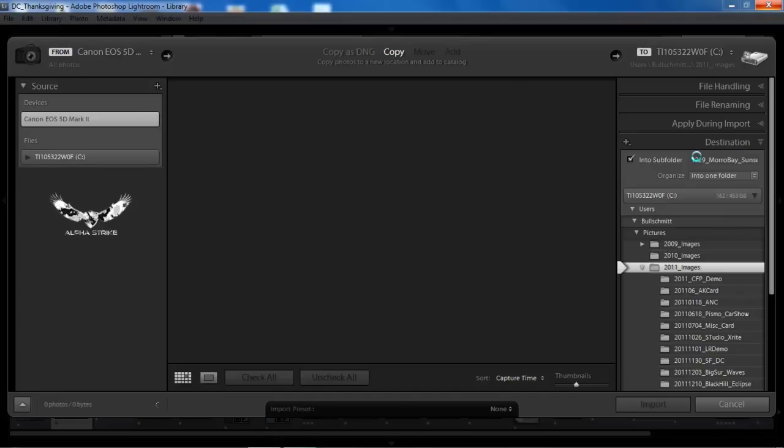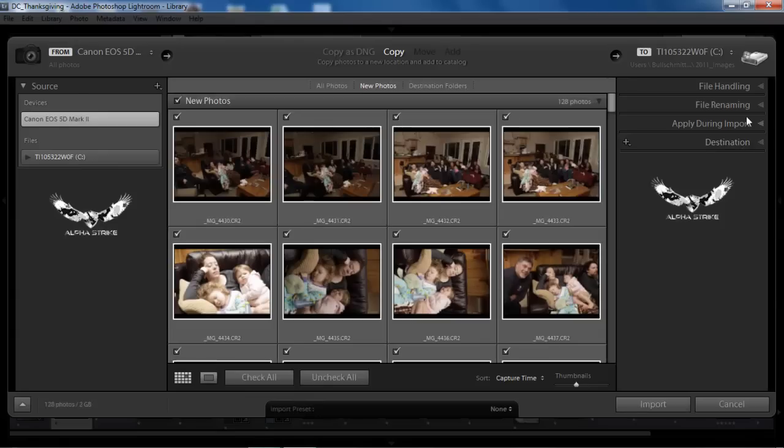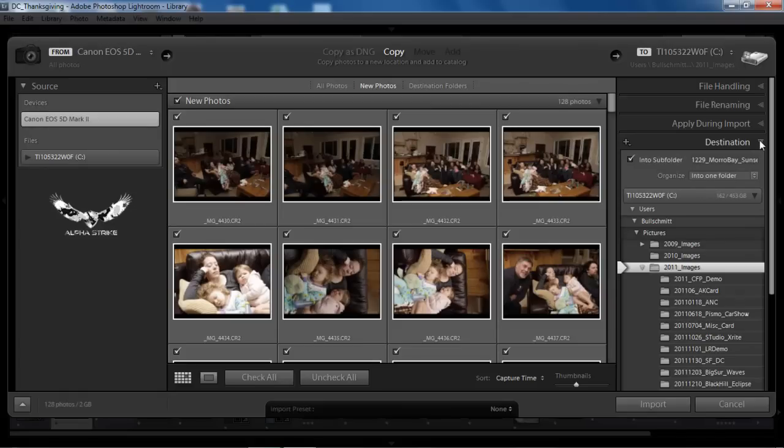Now we know that during the import, you're going to want to do everything over on the right-hand column first. So the right panel inside of the import module is where we want to start. You've got destination all the way up through file handling. We at Light, we recommend starting down at the bottom. So I click onto destination, and this is where I determine where is it that my images are going. You'll notice now that everything is set up so it's going straight down into my parent folder of pictures and